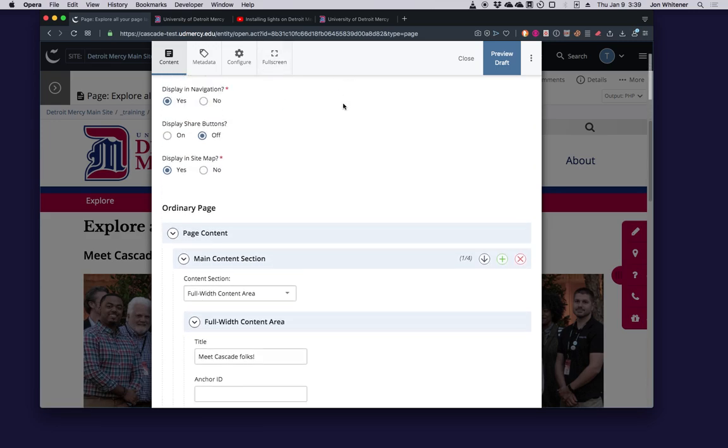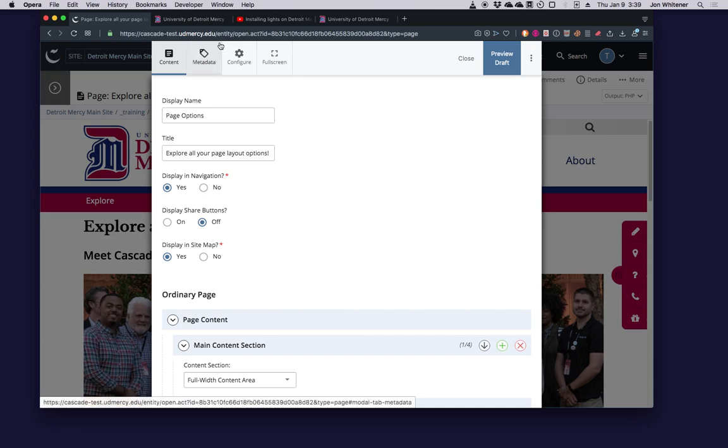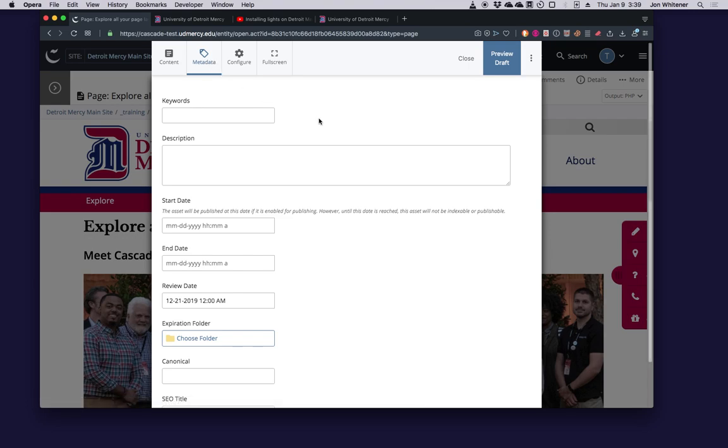Oh, by the way, before I get off the metadata, you'll notice there's a metadata option at the top of the edit view. And if you click that, you'll see some more metadata that's available to you. Most interesting is the description field. The description metadata is still pulled in by search engines such as Google, Bing, what have you. And so when you see a little 3 or 4 lines of text under a search result, that very often will pull from this description here. So it might be very well worth your while to fill that in with a good concise description of what this page is about.